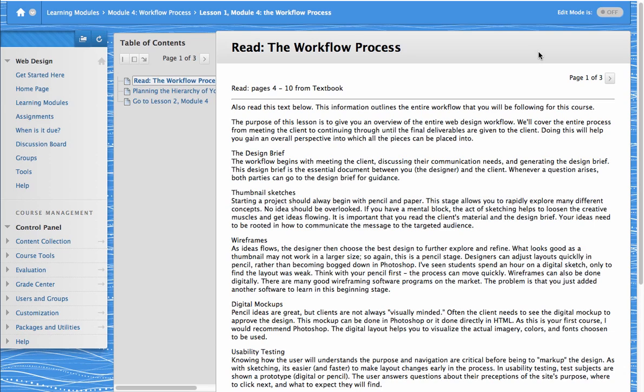A lot of times you'll see a course, they'll talk about HTML, and they'll teach you how to design, or they'll teach you the HTML, but they don't teach you the design aspect of it. And that's why it's so important that with this course we cover the HTML and the CSS, because there are so many different facets of design that we need to work on as well. In lesson number 2,